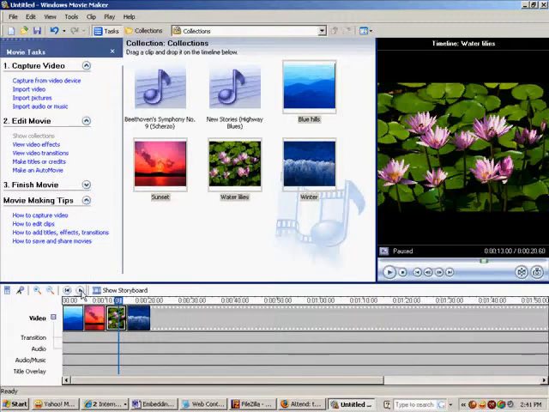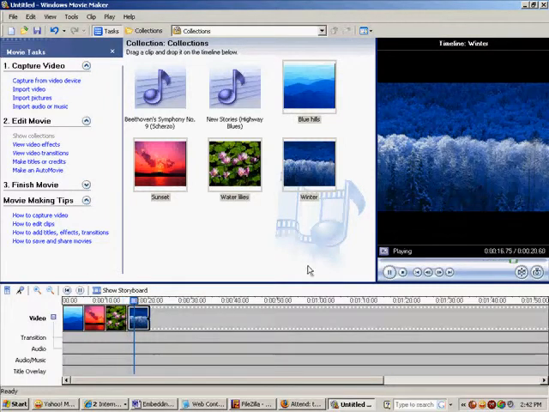And if you're playing your video to see what it looks like, you can press this play button, or if you like using your keyboard, go ahead and press the space bar. I'm going to go ahead and press the play button, and you can see in this area what your video looks like as of right now. Go ahead and pause your video,